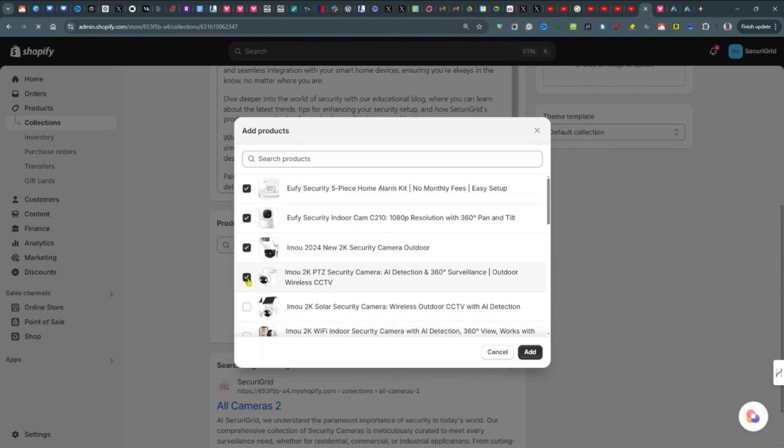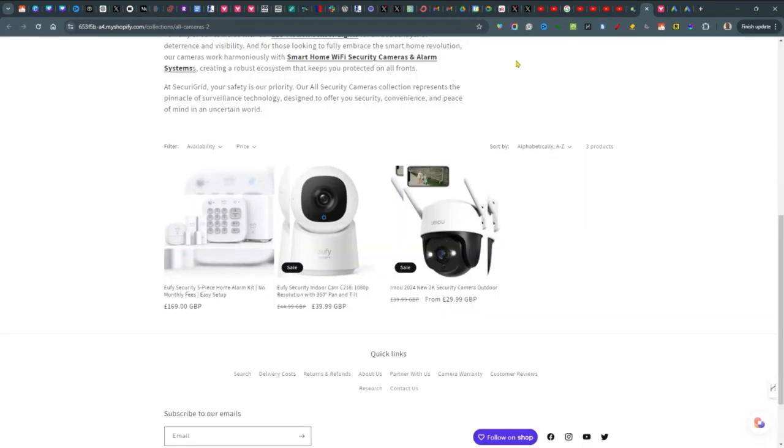Now, depending on what collection you have, whether it's clothing or toys, you basically choose the certain items you want in this collection. Now, if at any point you want to change any of those, all you need to do is just go back into your collection, scroll down, and then click on